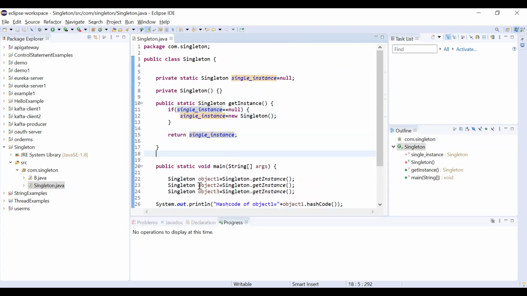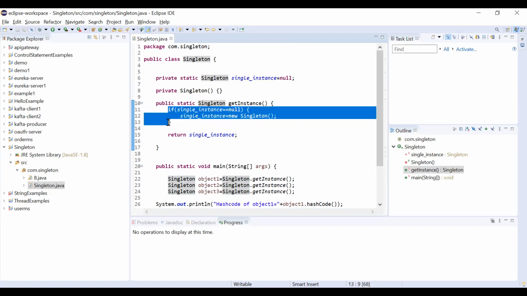In the second object, the instance is already created. It will call the getInstance method and check if singleInstance is equal to null. It's not null because the instance is already created, so it won't execute the if block.